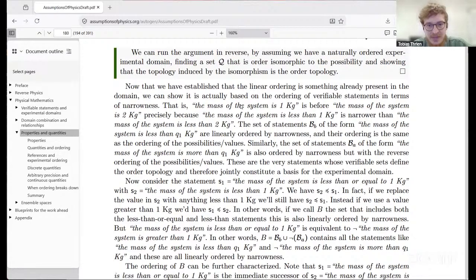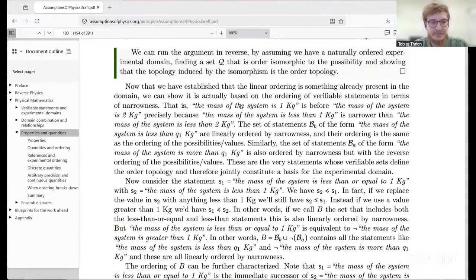Similarly, the set of statements BA of the form "the mass of the system is more than Q1 kilograms" is also ordered by narrowness, but with the reverse ordering of the possibilities of values. These are the very statements whose verifiable sets define the order topology and therefore jointly constitute the basis for the